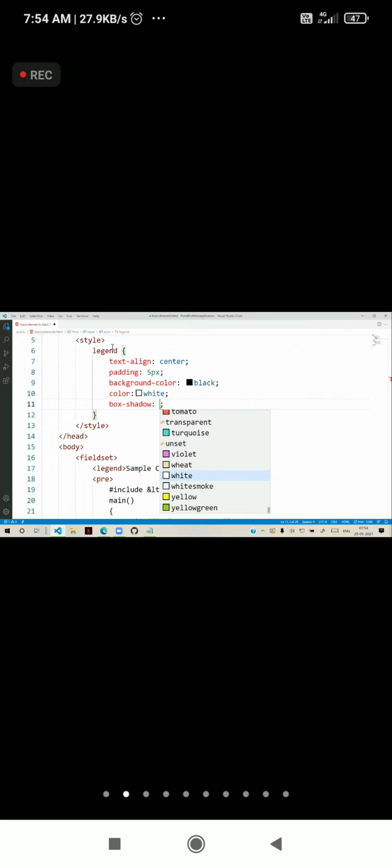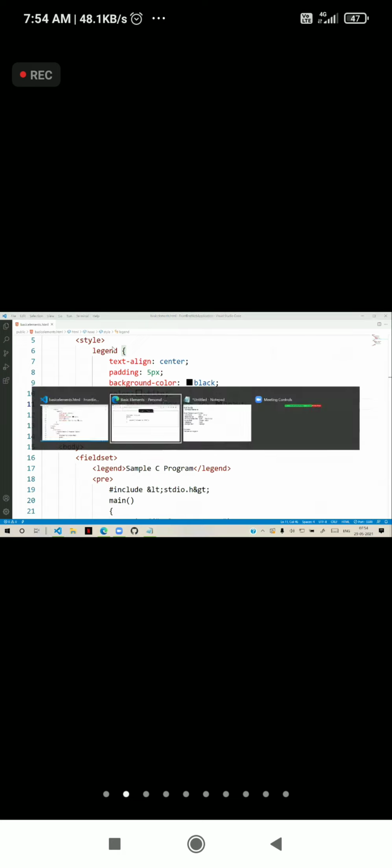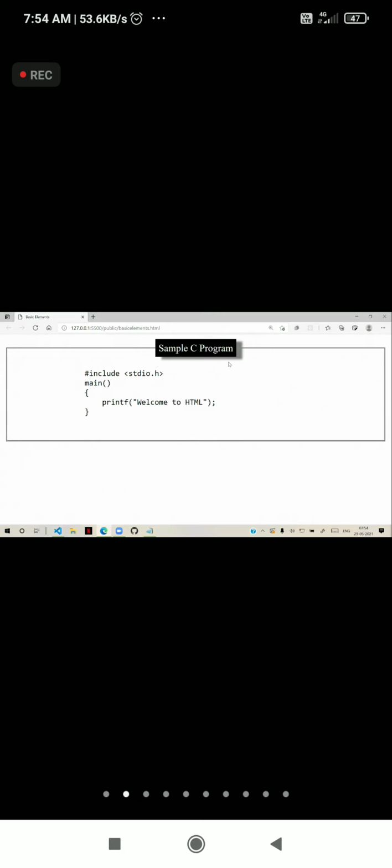Now box shadow has three basic values first. One is horizontal shadow, how many pixels? 10 pixels horizontal, 4 pixels vertical and 3 pixels blur. I will explain. You cannot understand unless I show them properly. And color is, suppose, gray. And you can see that a shadow will be there. You can see that legend is having a shadow. You can display shadow for field set, or you can display for legend. You can display for div. Anywhere you can use this shadow.